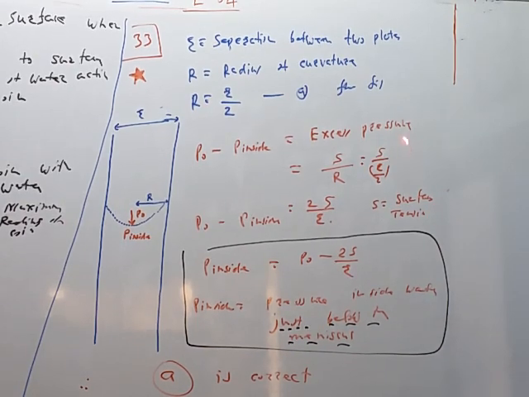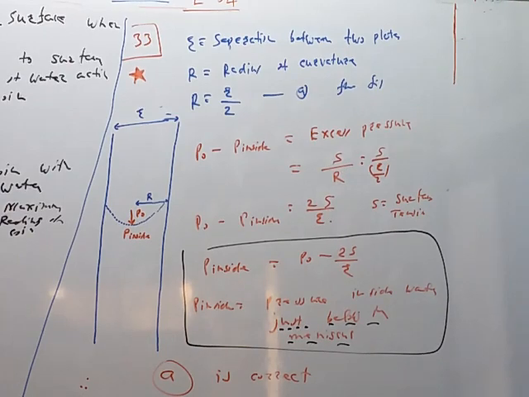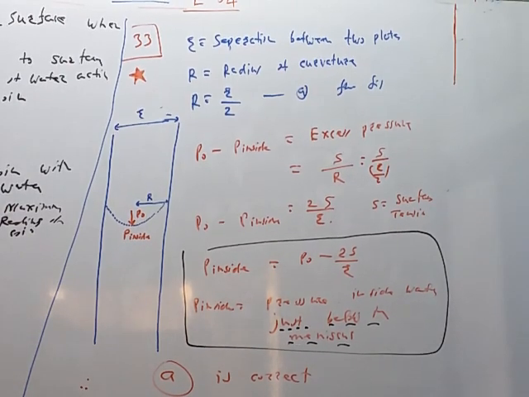So excess pressure for a cylindrical concave surface is given by S upon R. It is not a drop, it is not a bubble, and therefore that 2 times T upon R or 4 times T upon R formula is not applicable here. It is S upon R. The equation is dimensionally correct. This S is a surface tension in Newton per meter and this is in meter, so the total unit is Newton per meter square. Left hand side and right hand side are dimensionally correct.